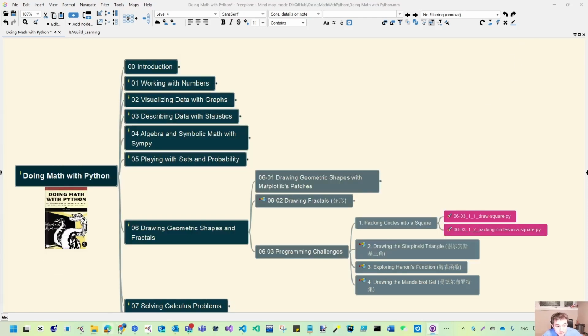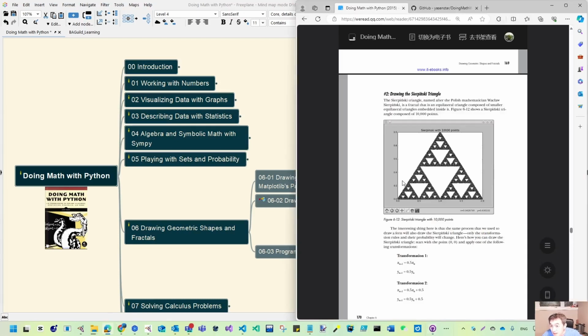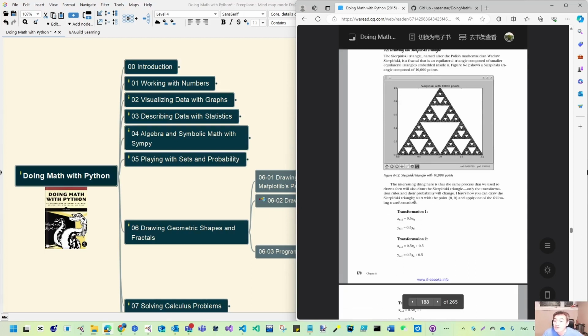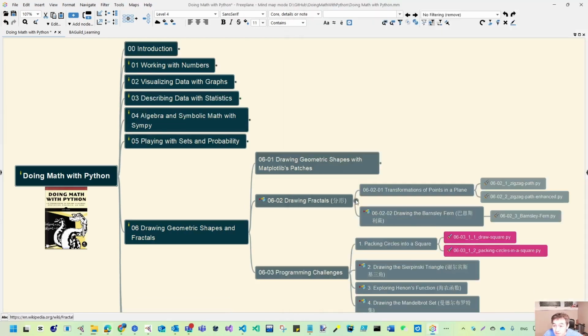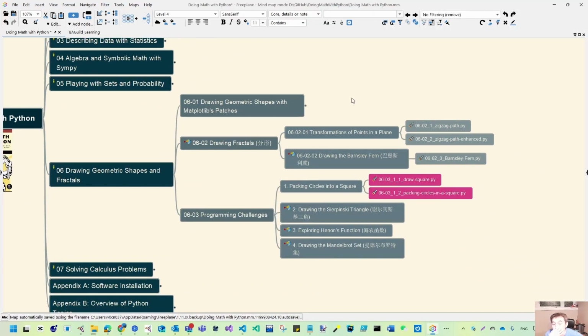So let me see here. In our book, if we have 10,000 points, it will be very busy like this. That is an interesting thing. Even though you can see it is quite complex, if you read from our mind map, actually, what we have done using this